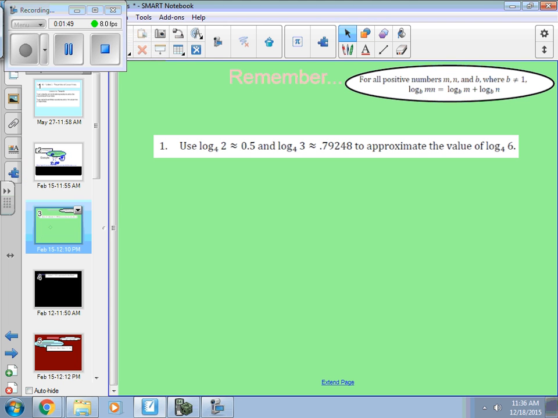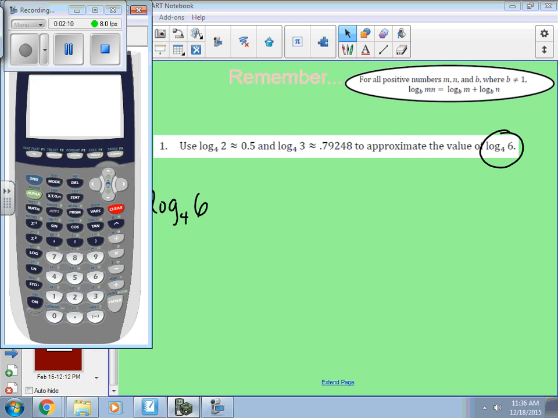One place this might show up is if you are asked to evaluate logarithms. Now, this one wants us to approximate what log base 4 of 6 is. In the previous lesson, we showed you how you can do that on your calculator, and we'll review that right now. You can go on your calculator, hit the math button, and once you're in the math menu, keep scrolling down, and there is an option that says log base,